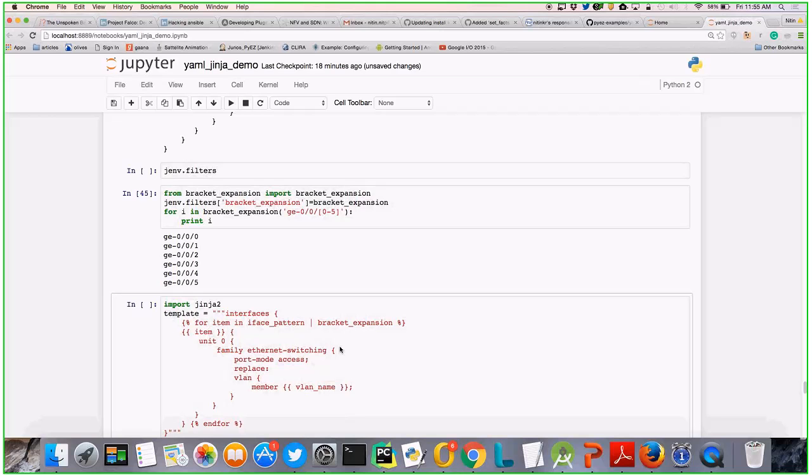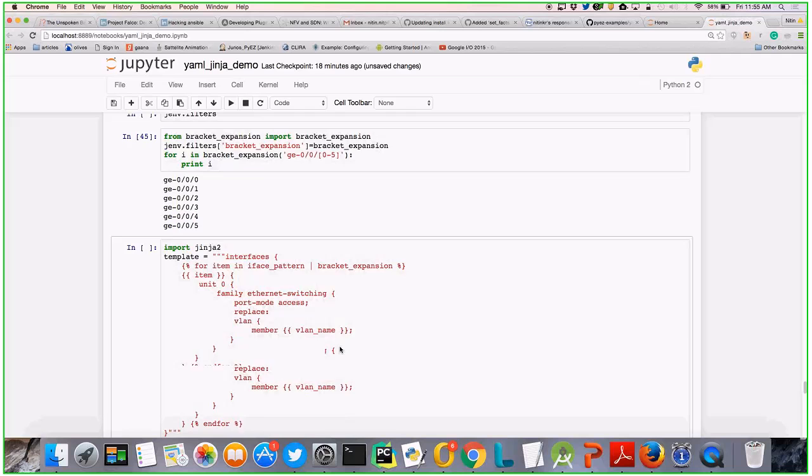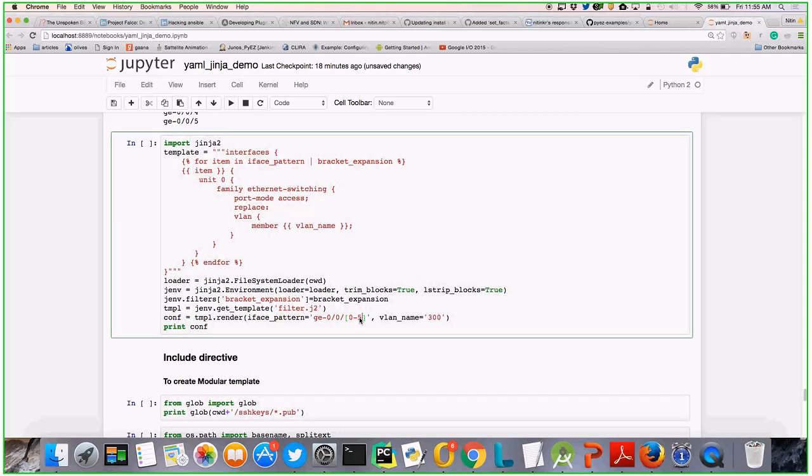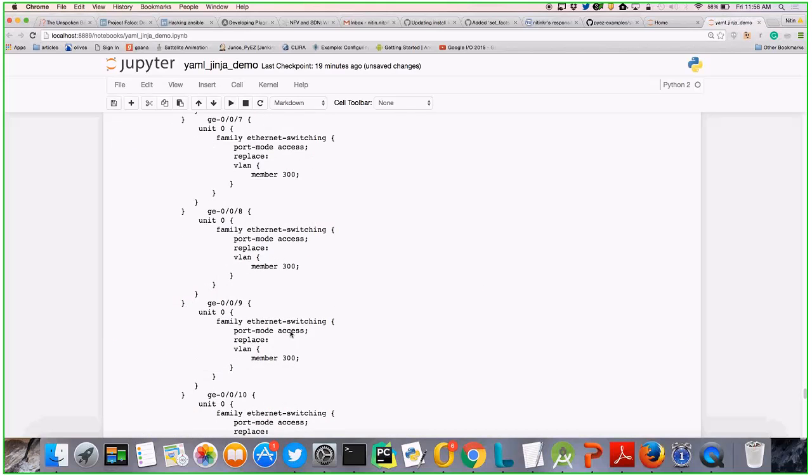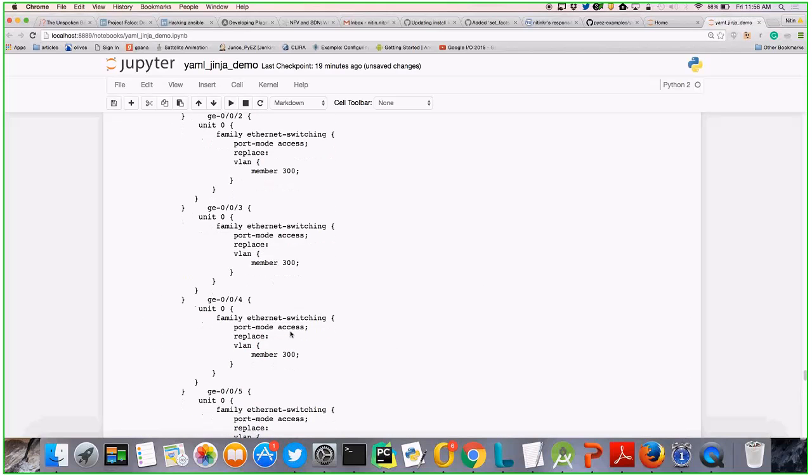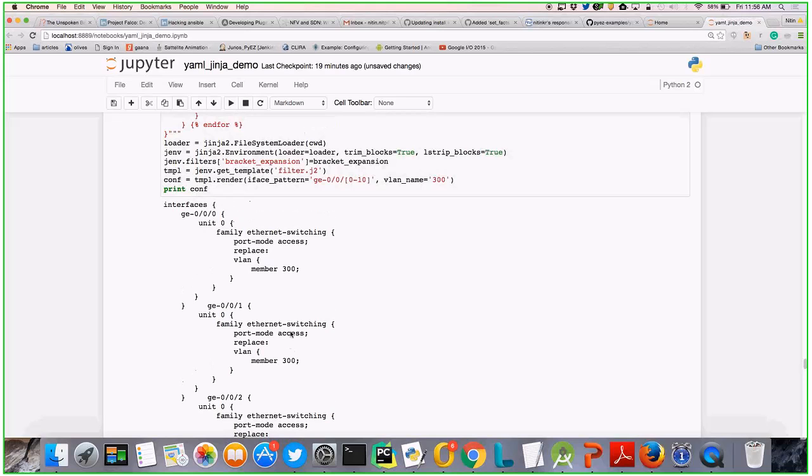So this is a module which I installed and I'm using it. But this function we can also define ourselves and provide it as a filter. So I took this module, got this function, and I'm using this. Now, if I provide this kind of syntax, it will work for me. You can see I'm just giving it here, bracket expansion, and using this kind of syntax. The config I'll get is this way.